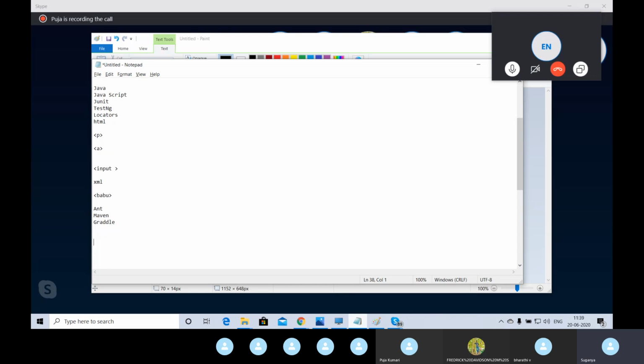Testing build to us, correct? They are deploying the testing build in our environment, correct? Yes, whatever program they have developed, they are not giving the direct program to us. They are providing the build only, correct? That build they are deploying into a testing environment. Then once they deploy that build into the testing environment, we are able to get all the developed activities in the test environment, correct? Agree?